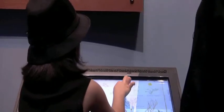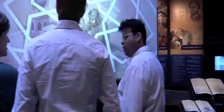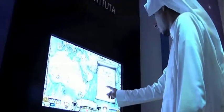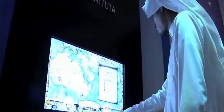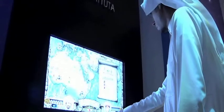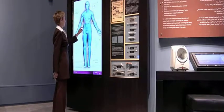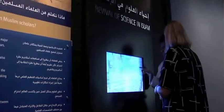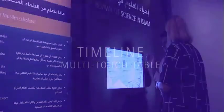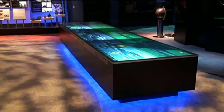During the 6-month design and production time, the companies worked closely with MTE Studios, who were responsible for research and copywriting, to conceptualize each application and together making sure the overall design of each exhibit was appropriate for the target market and subject matter, as well as taking into account cultural differences when displaying certain imagery, such as the human body. The flagship exhibit of the museum is a 5-meter-long rear-projected multi-touch table, allowing multiple users to interact simultaneously with